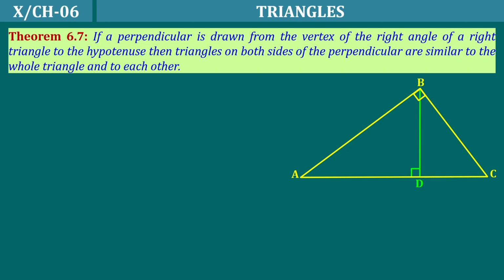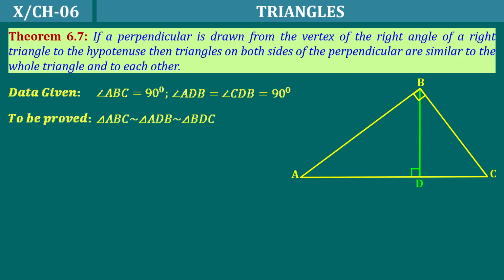Along with this, we get two right angle triangles, that is ABD as one triangle and BCD as another triangle. And what the theorem says is that all the three triangles, the bigger one, the original one, and the smaller two, are all similar to each other. Angle ABC is 90 degrees, which has been given. Angle ADB is equal to angle CDB is equal to 90 degrees. That means BD is the altitude to AC, that is also accepted. And we need to prove that all these three triangles, the bigger one and the smaller two,